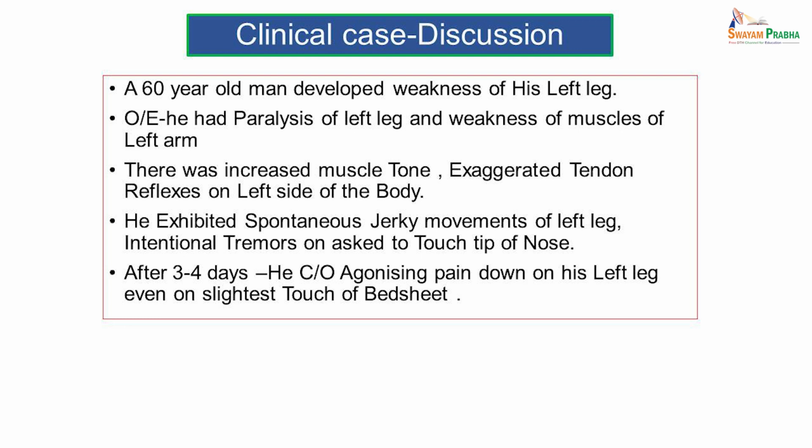So, if a lesion has occurred in these nuclei, then even with the slightest touch, the patient will experience agonizing pain. Also, a change in the behavioral pattern can be seen if there is involvement of the dorsomedial nucleus, if the prefrontal cortex is being involved.